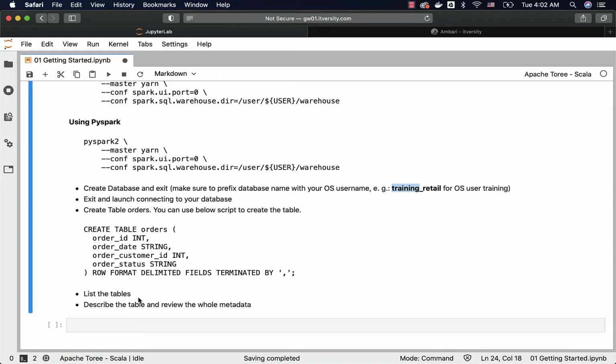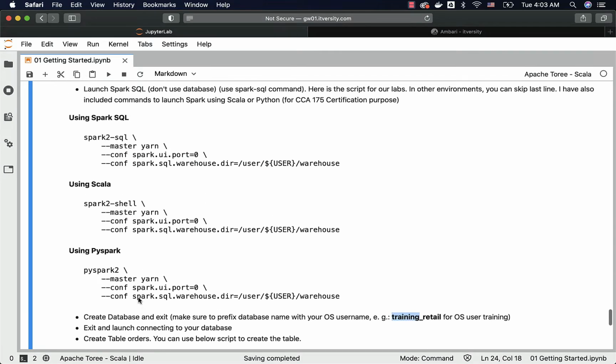Also try to use up arrow and go back in the history and try to rerun the commands. Try to explore if not exists if you just want to make sure you are comfortable with the CLI. Also try to run commands such as current database to actually review which database you are attached to.